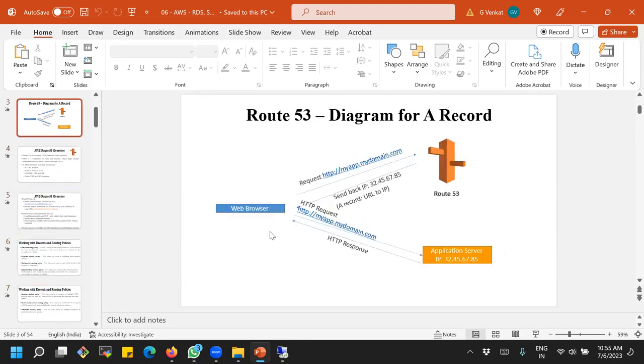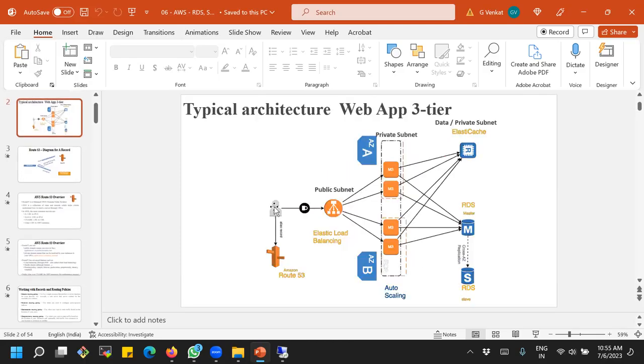That means, if I'm the client and I'm accessing that domain, then in Route 53, on the basis of my request and the records which have been defined, it is going to check that. Suppose